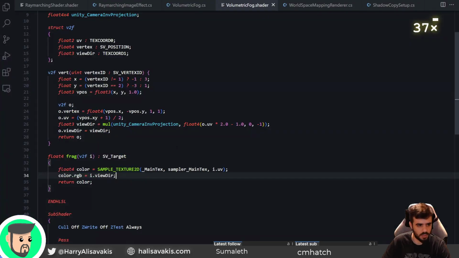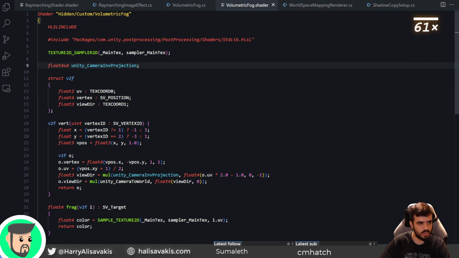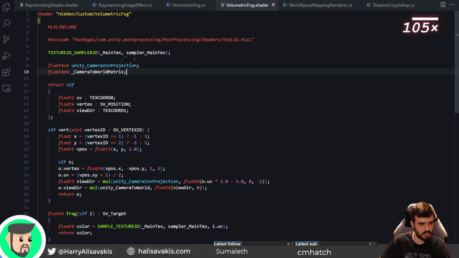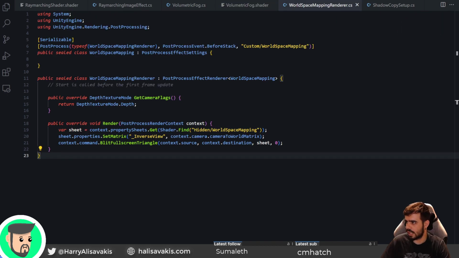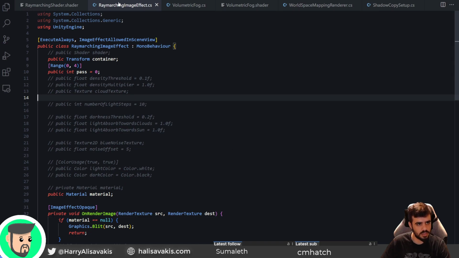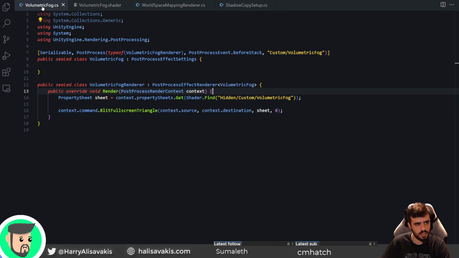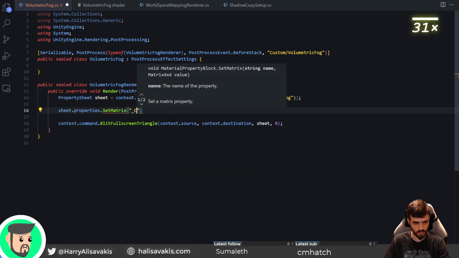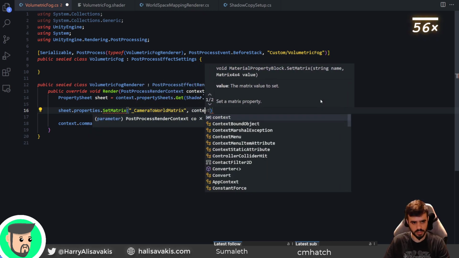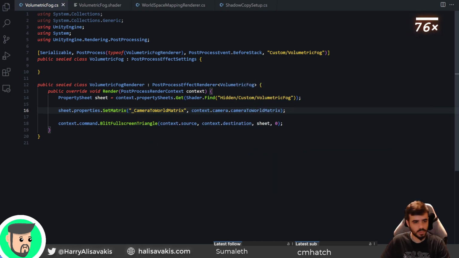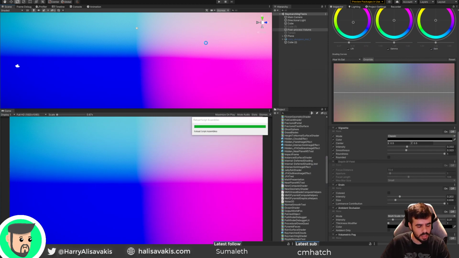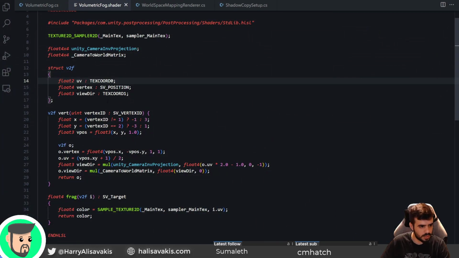These are fine for now, but these are in camera space. I want them in world space. That's what this matrix is about. So I need that 4x4 camera matrix, which unfortunately I would have to get from the renderer side. So don't need this, don't need that. Matrix, and it's going to be the context camera to world matrix. Come on. Okay, it's working,